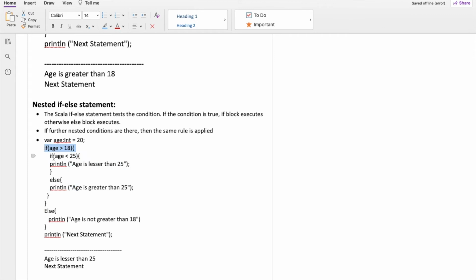So these if else statements are inside this one. So this block will be executed only when age is greater than 18. Inside that, if age is less than 25, it would say age is less than 25. If it is not, then age would be greater than 25. If it is true, then this block will not be executed. If this is false, then this outer else will be executed, but the nested one will only be executed when